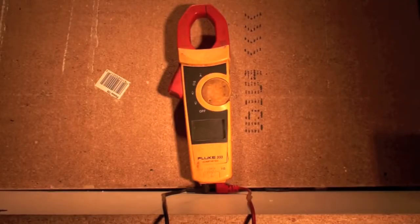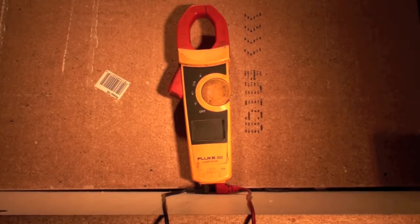Okay, this one's an auto ranging clamp meter, and it's digital. Now you see the clamp on top, that's a Fluke 333, and we've got a dial in the center, the readout down towards the bottom, and the leads come out the bottom. This is pretty much a standard meter you're going to see in most usage for HVAC and a lot of other things too. Now let's take a close-up of this thing so we can see each one of